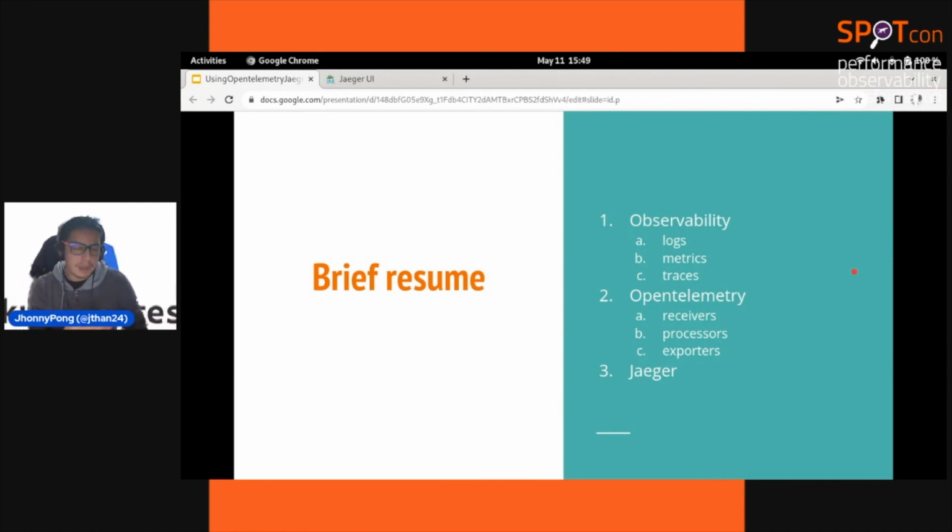And this is a big summary of our conference. We have taken a big picture of observability: what is log, what is metric, what is traces. On the other hand, OpenTelemetry, receivers, processors, and exporters, and took a look around inside of Jaeger.